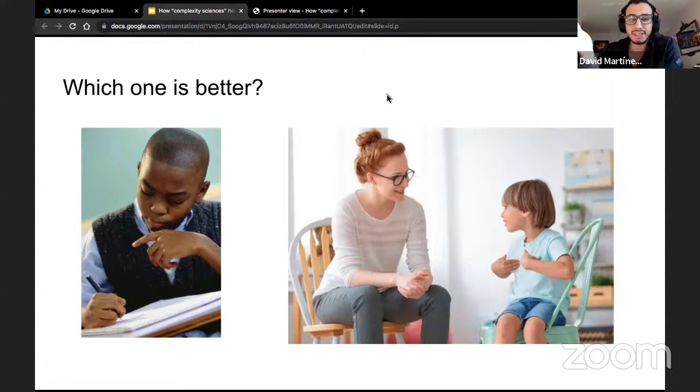Well, there is another approach. We have counselors, and the counselors talk to us, ask us questions, ask us what we want, what we like, what we expect from life. And from those questions, they can also generate a picture of what is better for us. So which one is better?